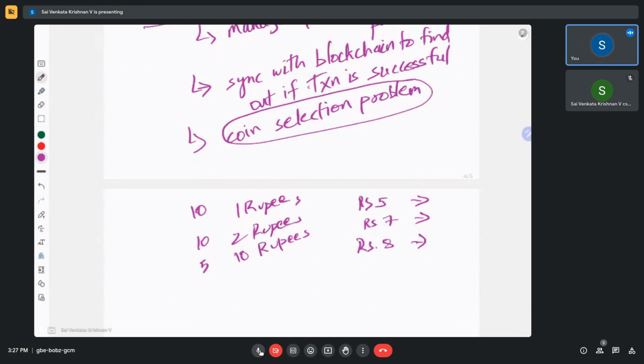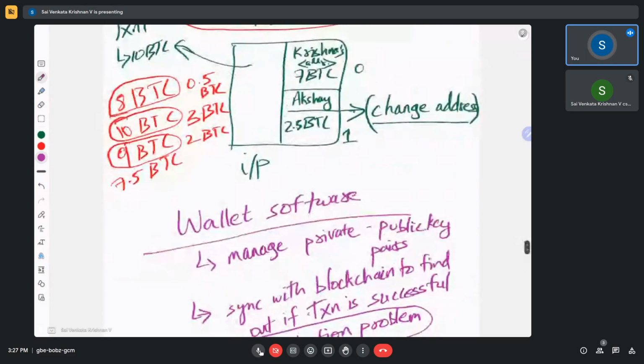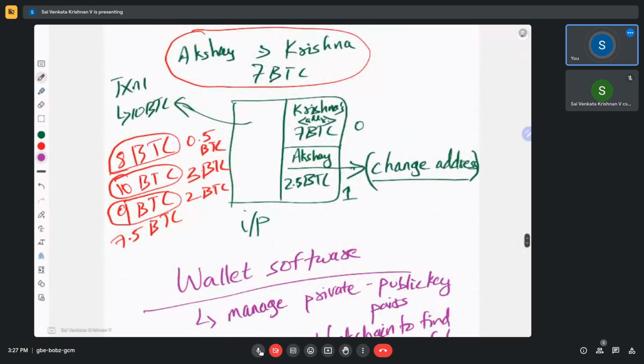You should use some heuristics to arrive at a solution. So your wallet software will usually use some sort of simple algorithm to find out which specific transaction output it should use when you want to create a new transaction. So say the problem that arises is, if I have 10 Bitcoin, and I'm using the 10 Bitcoin